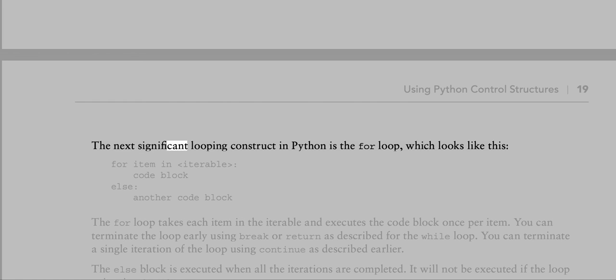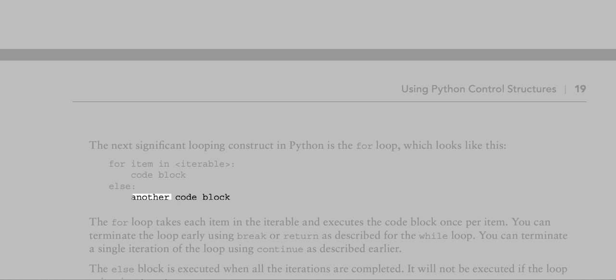The next significant looping construct in Python is the for loop, which looks like this: for item in iterable, code block, else, another code block. The for loop takes each item in the iterable and executes the code block once per item. You can terminate the loop early using break or return as described for the while loop. You can terminate a single iteration of the loop using